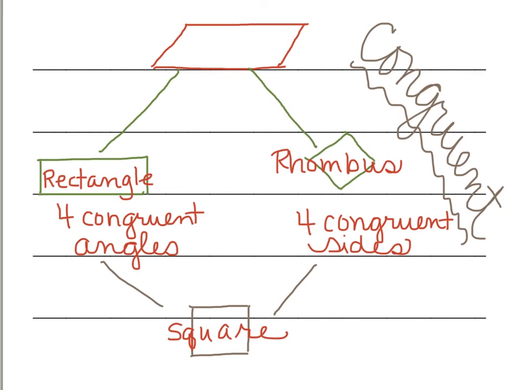So our square is kind of a little special guy who's a combination of a rectangle and a rhombus. Again, congruent being the key. The congruent means that the rectangle has 4 congruent angles. The angles are all going to be the same. The rhombus has 4 congruent sides, so the sides are going to be the same. And a square is a perfect joining of the two. It has 4 congruent angles and 4 congruent sides. So let's